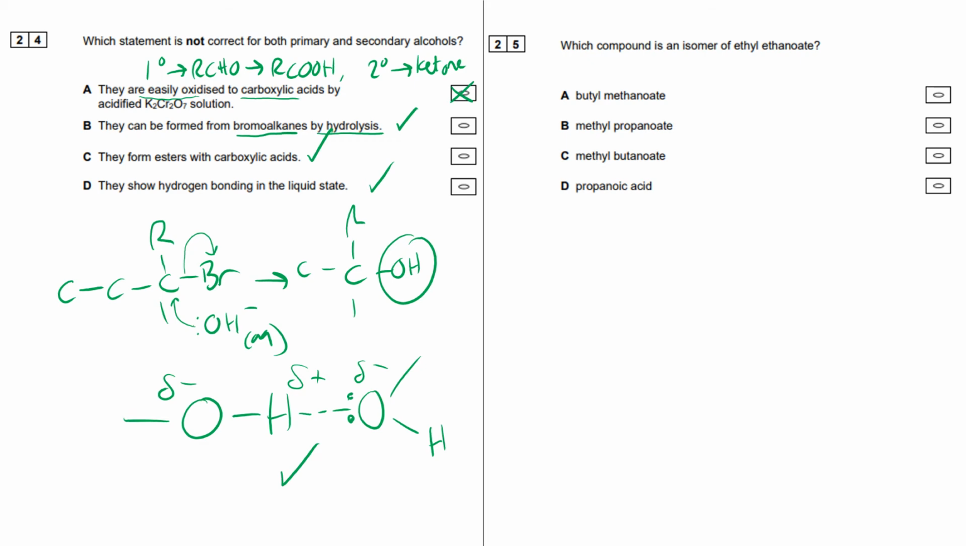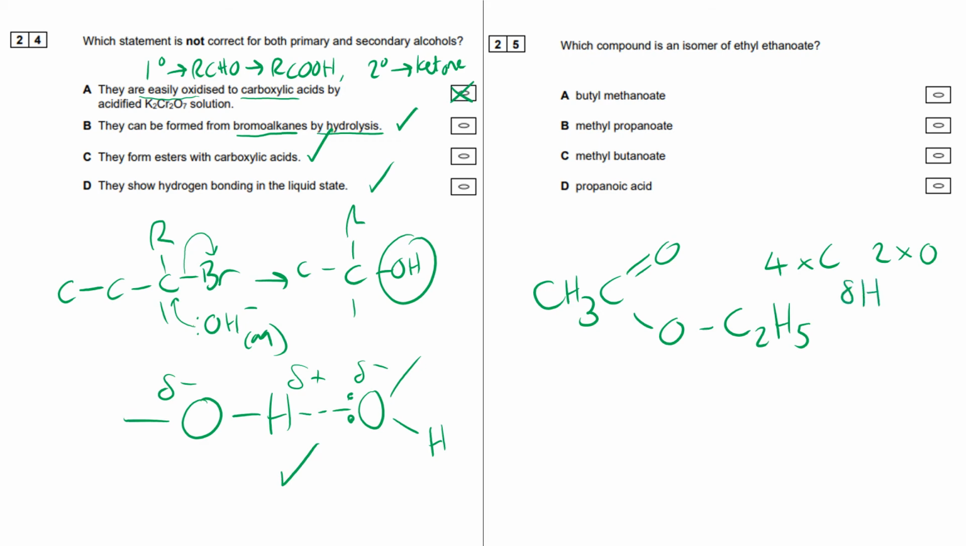Question 25. Which compound is an isomer of ethyl ethanoate? So ethyl ethanoate has this formula here. What's the overall formula for that? Well, you've got 4 carbons, you've got 2 oxygens, and you have 8 hydrogens there as well. So which of these esters is going to have 4 carbons in? So butyl methanoate,